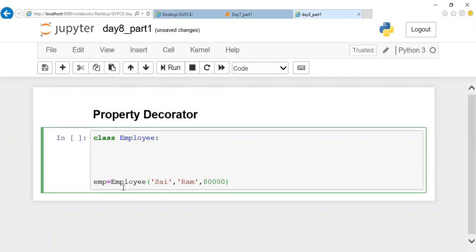So when will we pass this information? When the object is created, who will be called? Can you recall it? We saw yesterday.